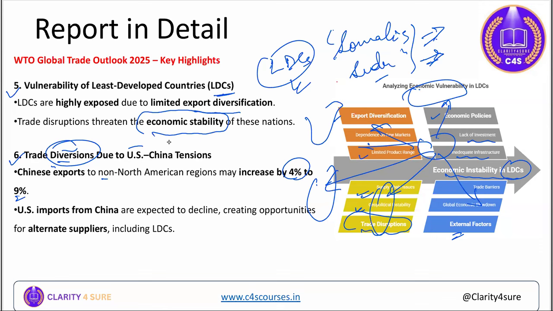US imports from China are expected to decline. Obviously, it is expected because China has also imposed a retaliatory tariff on US products, creating opportunities for alternate suppliers, including the least developed countries. But least developed countries have their own issues like inadequate infrastructure, inadequate supply chain infrastructure, lack of funds, lack of support, lack of FDI funds. So they have their own limitations, but still we can expect that it can open a gate for LDCs,